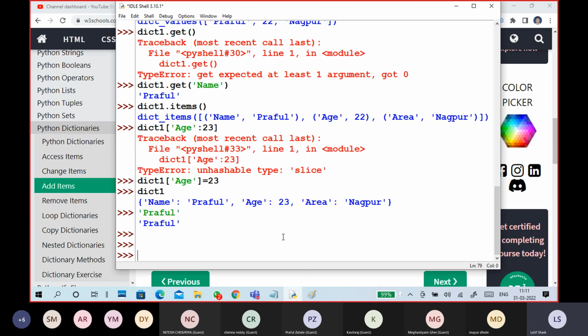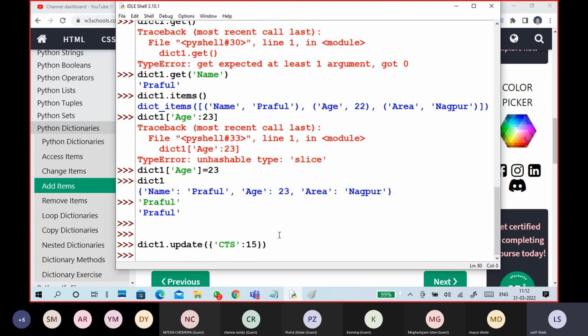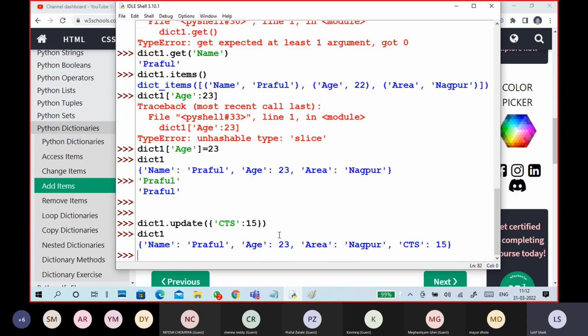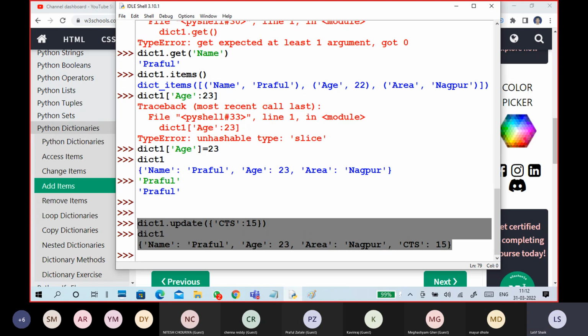We'll try this one. dict1 dot update, round brackets, and mention in the curly brackets. So what is the key value now? Batch, number 15. Okay. So check it. It is added.